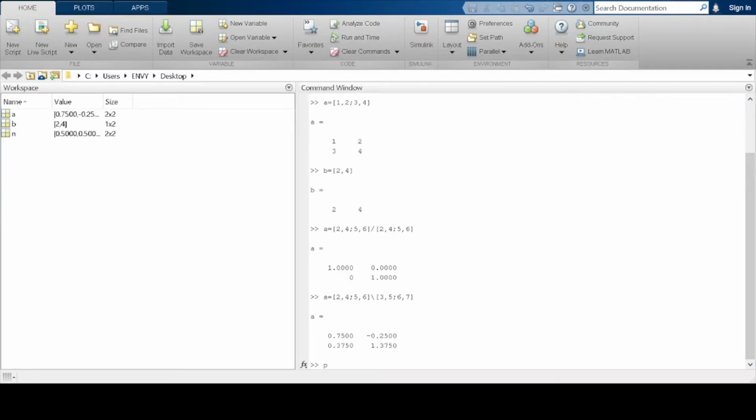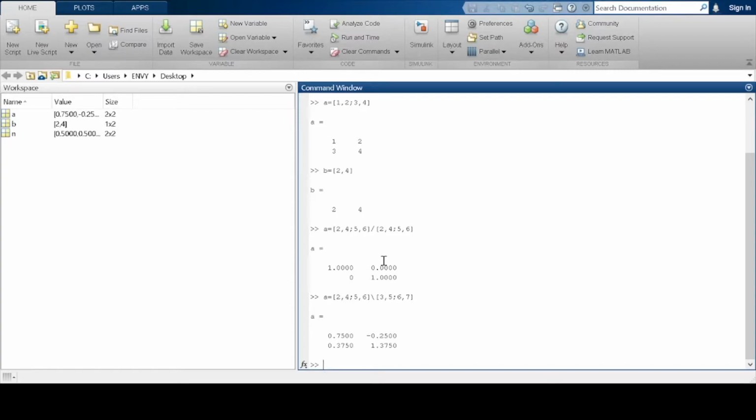It's essential to remember that matrix division isn't actually division as most people think. It's actually multiplying one matrix by the inverse of the other. So for example, we take this example, which we get a result here.